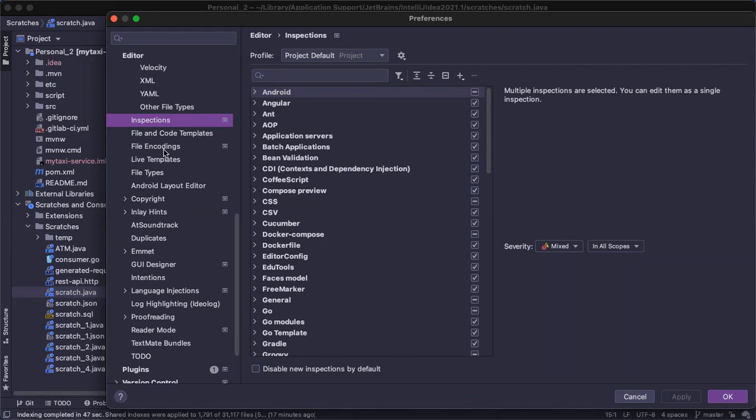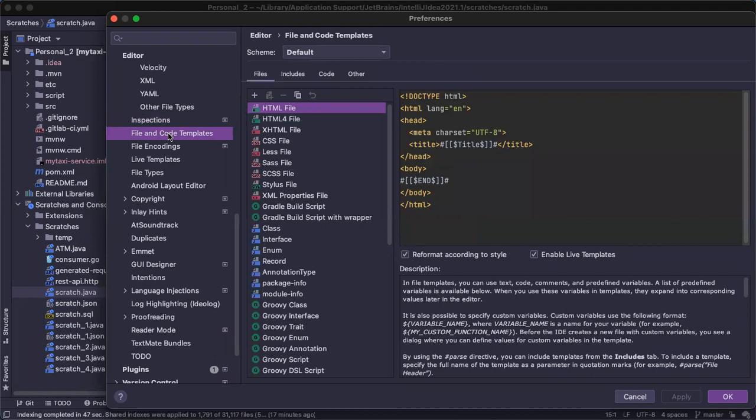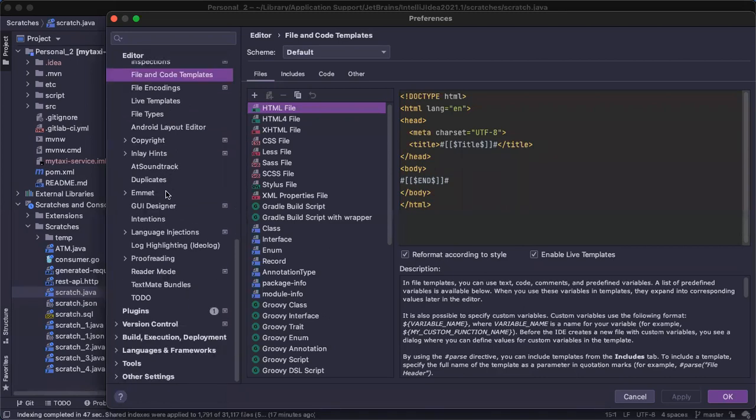For example, if you want to do some code template in STS, you have to import some plugin. The plugin is most probably developed by some open source developers, so we are not sure how much it will sync with the current project or current hardware. But here, since they have paid and free sources, most of these features are implemented directly by JetBrains developers, so you won't face any problem. So by stating that, I'm going inside the plugins.